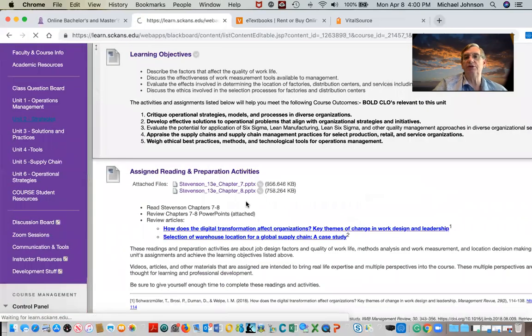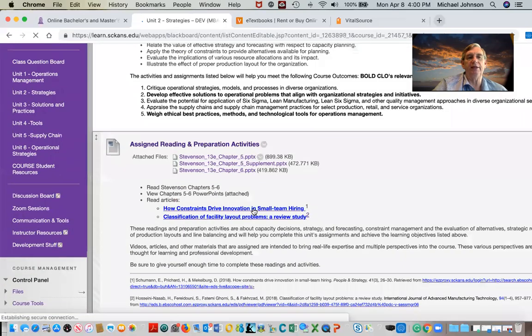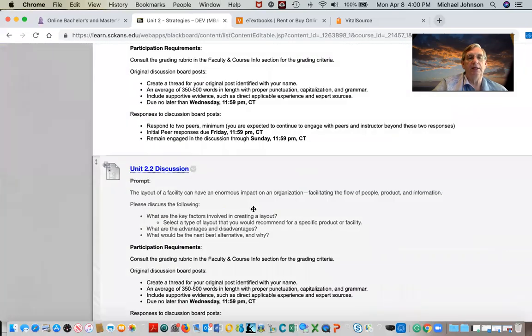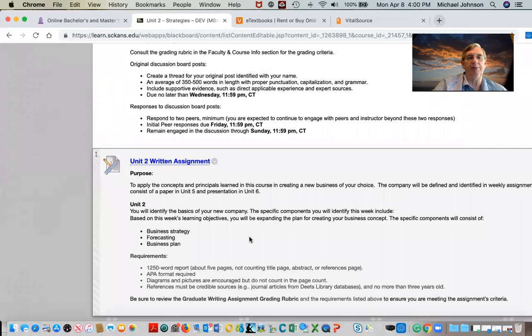In Unit 2, we get down to the team project. There are discussion questions and a written assignment where they will be writing their business strategy and forecasting. As you can see, as they go through this class, they are expected to build on everything they do every week. So when you get down to the end, it all goes together into, perhaps the term would be, a portfolio, all put together.